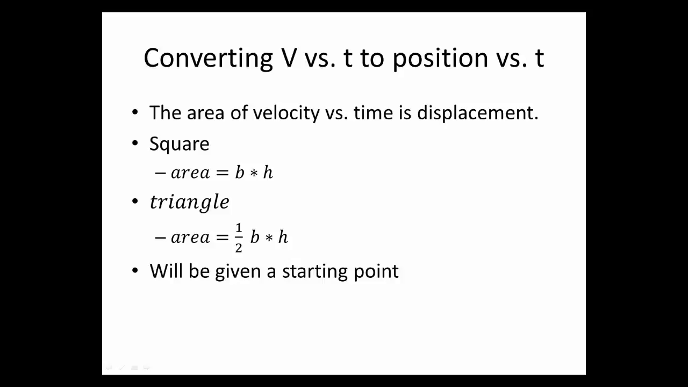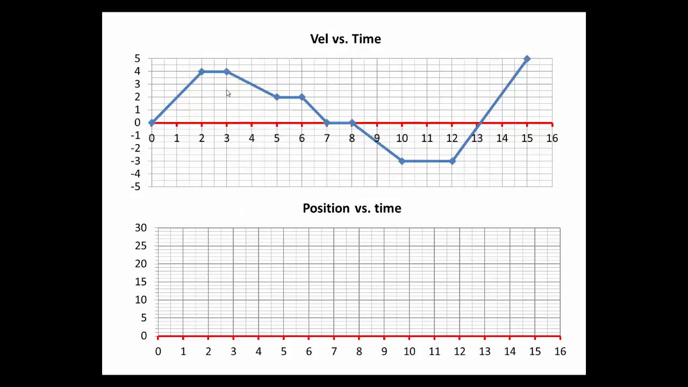You'll be given a starting point on the position versus time graph, and then we will use these areas to figure out the change in position over each time frame. I think this makes the most sense if we look at an individual graph and try an example problem. So here we have a graph of velocity versus time, and we want to find the area of each of